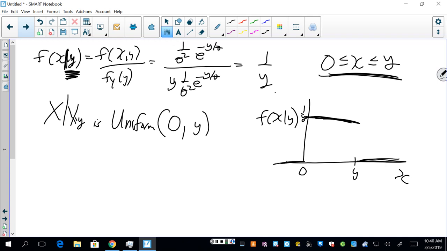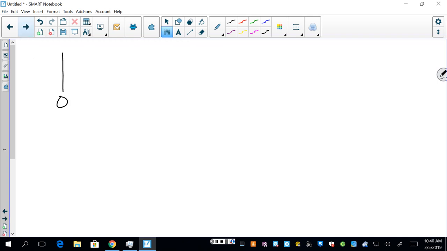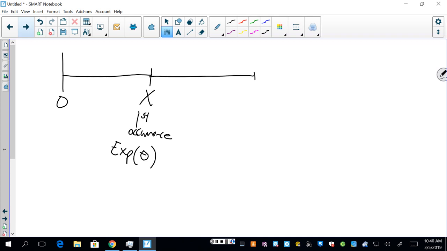The application where this type of thing has is you have some time zero starting here. And if you go until the first thing happens, right, so the first occurrence of something happens. And if that has an exponential 1 over theta distribution, then it would have that probability density of x. Right? Now, if you start from there and wait till the second one comes, maybe it'll go a little bit longer. This is where the second occurrence occurs